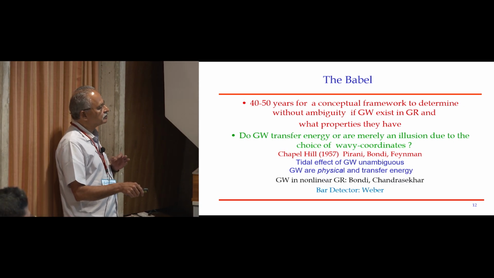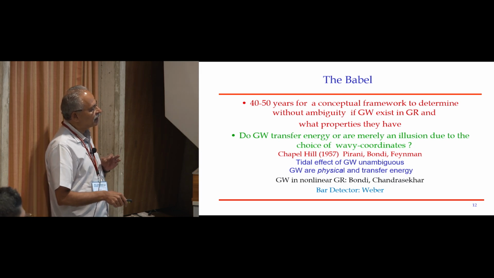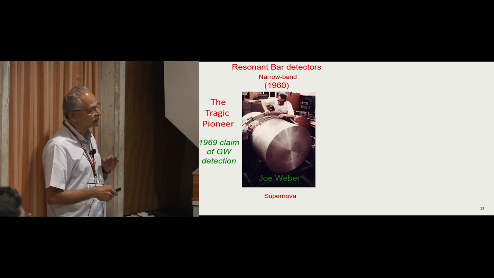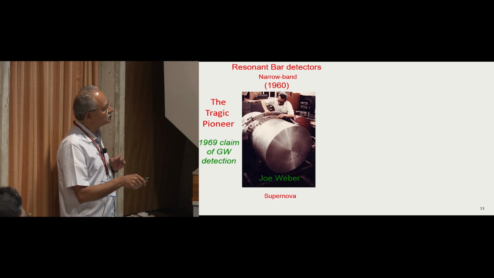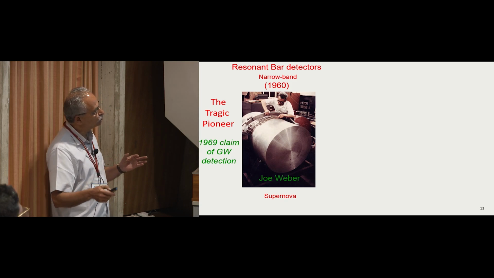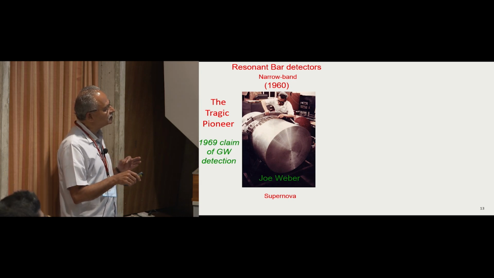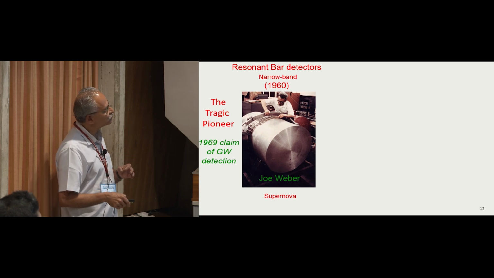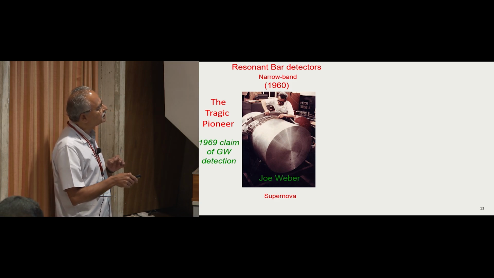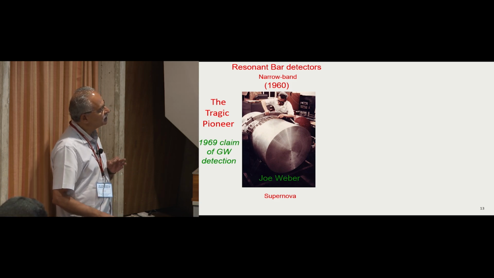In this meeting, Joe Weber and Wheeler were there, and after going back from this particular meeting, Weber decided that he will build a detector for gravitational waves, and this is the first detector which he built, which are called resonant bar detectors. You have a huge bar, and if a gravitational wave falls on it, it will set it into oscillation, and you try to look at this oscillation by piezoelectric and convert it into a voltage which you try to measure. Now, because this resonates at a particular frequency, these detectors are narrowband detectors,